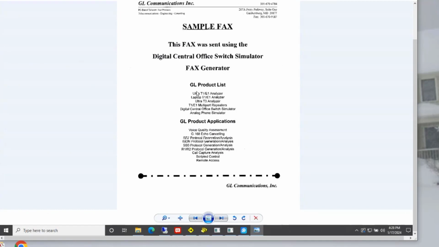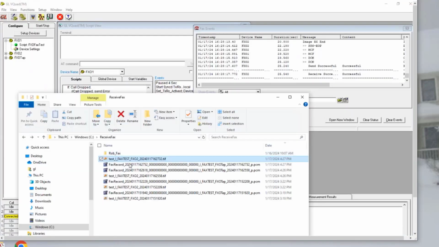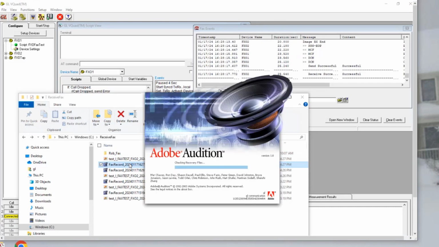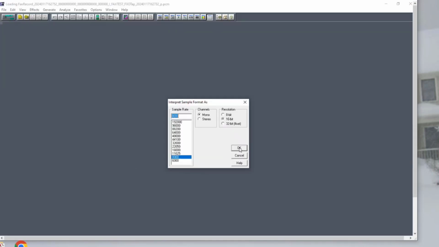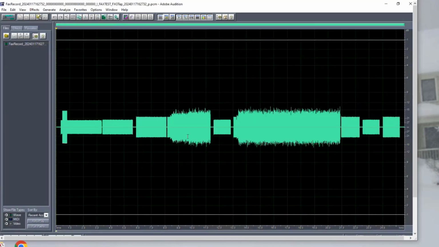Okay. So if I open up the TIFF file, that's the fax I sent, sample fax. Again, that's a single page. You can send multi-pages. We also have like a CCITT fax, but that's the fax that I sent. That's what I recorded. And then if I go to my PCM, bring that up, just bringing it up in Adobe Audition, and you can see the